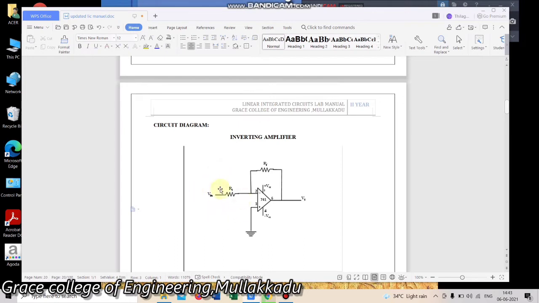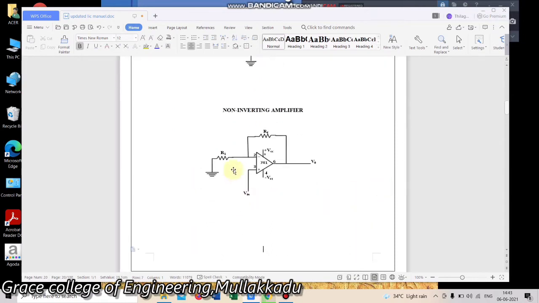We are going to give the input at the minus terminal of the operational amplifier. The operational amplifier has pin 2 as the negative input terminal, pin 3 as the positive input terminal, and pin 6 as the output. For pins 7 and 4 we have to give the supply: 7 is the positive supply and 4 is the negative supply. Here the output is fed back to the input through the RF resistance, and input resistance R1 is used, and the input is given to the negative terminal of the operational amplifier for the inverting amplifier. Therefore, when we give a sine wave as input, the output will have a 180-degree phase shift.